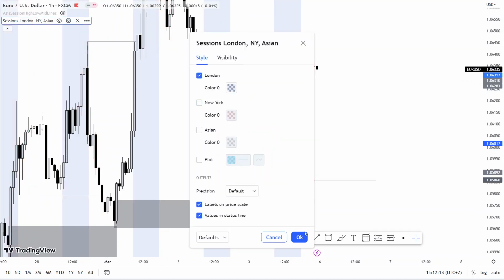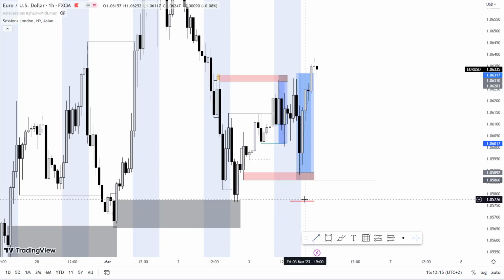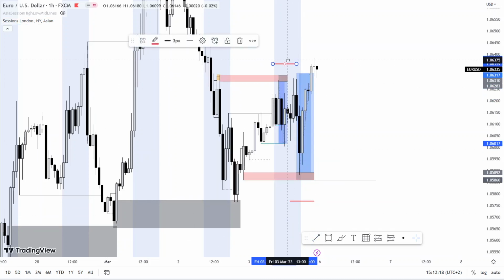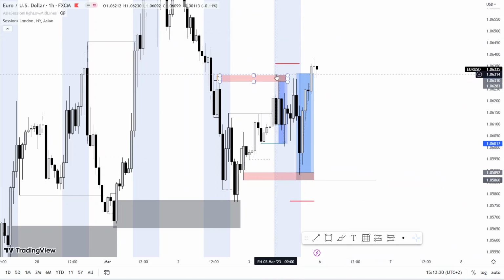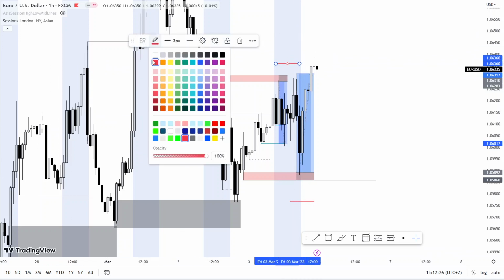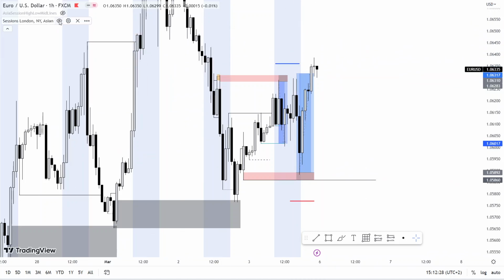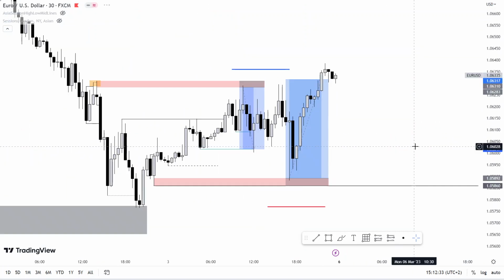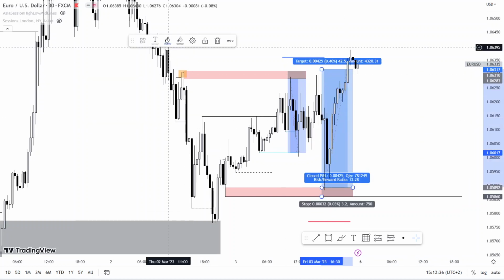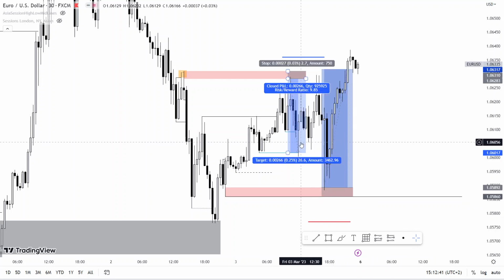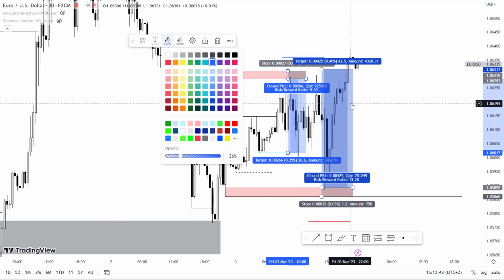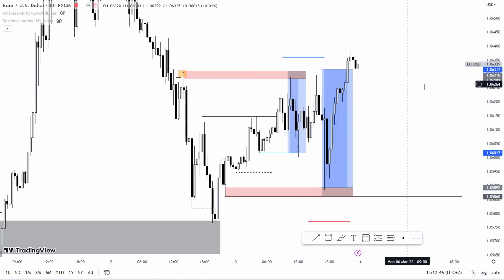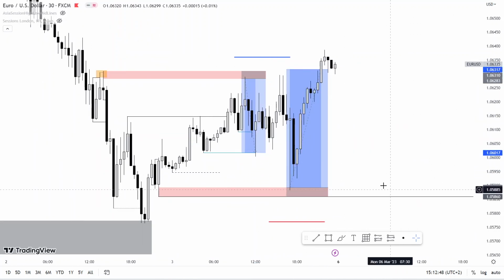London, I don't like wasting my time with this. This is London up until here. Gonna label it blue. London sell, and then New York buy. London sell, New York buy. And this actually aligned with what DXY was actually doing. So is this the same color though? Not really sure. Okay, let me just use that one. Yeah. So I'm not really sure if these align with